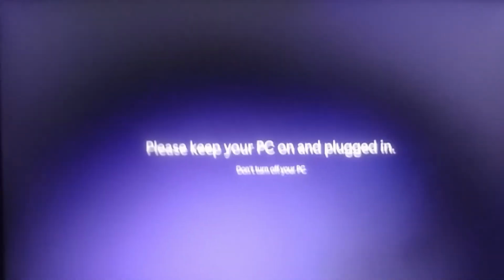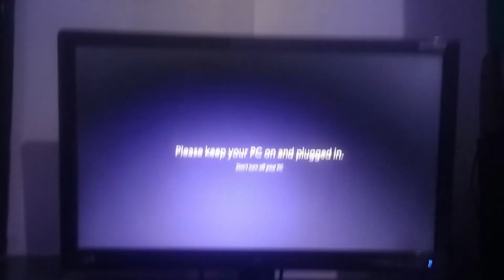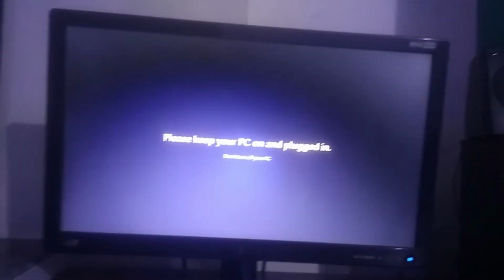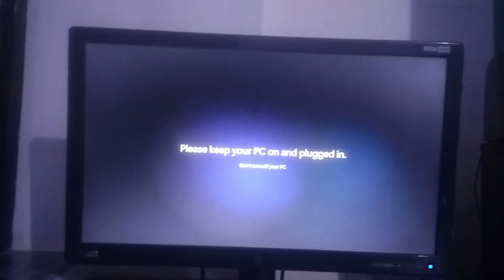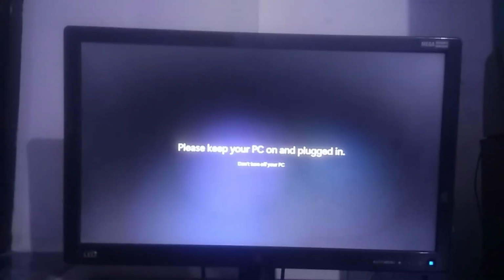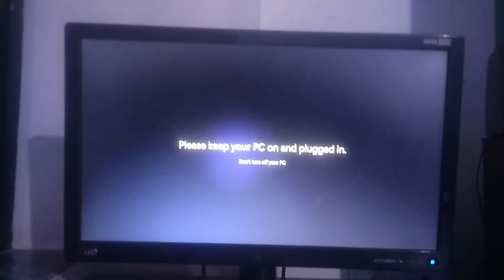And see, this is also telling you to keep your PC on and plugged in, otherwise the installation will get corrupted. Means your PC or laptop should not be turned off. And if you are using a laptop during the installation, always keep your charger plugged in.